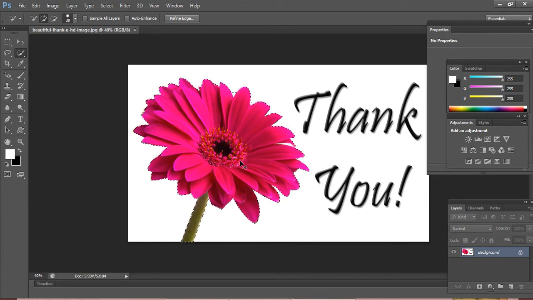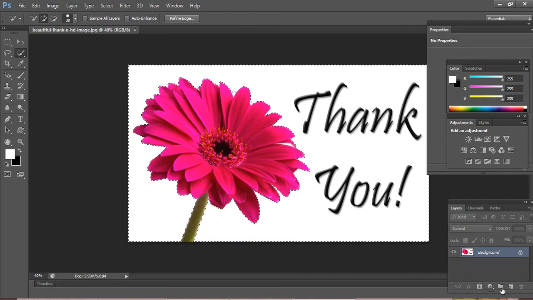I'll press Control Shift I. Now the background alone is selected, other than the flower. This area alone was selected. This is the background, other than the flower.